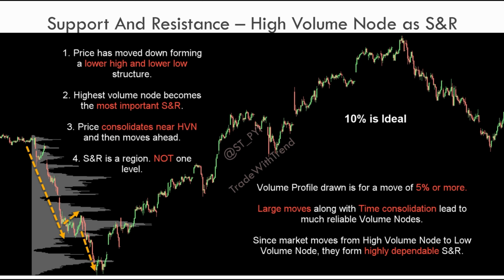So I'll now explain how you can use support and resistance in form of high volume node. What I've done is I've plotted volume profile from this swing high to this swing low. So whatever volume activity you are seeing is for this down move only, right? What we are seeing here is that price is consistently forming lower high and lower low. Once we mark out a particular swing move, on the upside or downside, the next step is to mark out which is the most relevant high volume node.